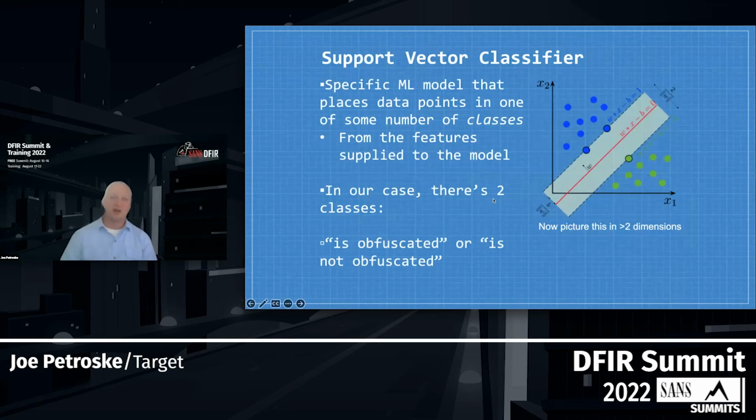What's a support vector classifier? This is a very specific kind of machine learning model that, long story short, attempts to put data into two or more classes. A class can be whatever you want, groups of things, however you want to arbitrarily define what a class is. In this example, we have two classes in 2 dimensions. You can roughly categorize them as blue things and green things. Between them, there is some sort of boundary, and that's the red line that you see here, with some sort